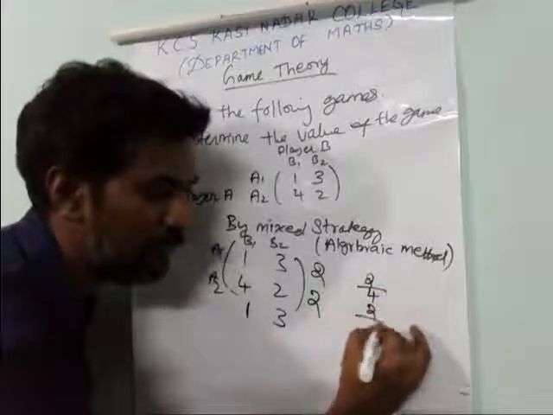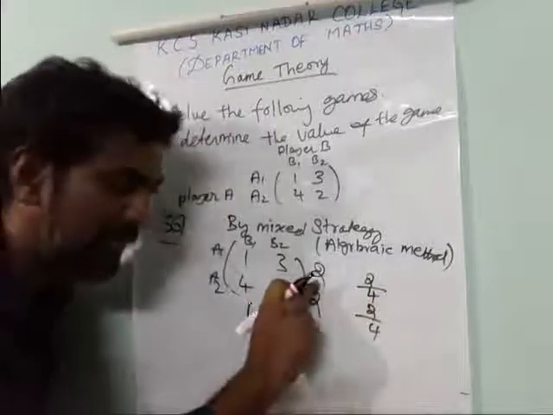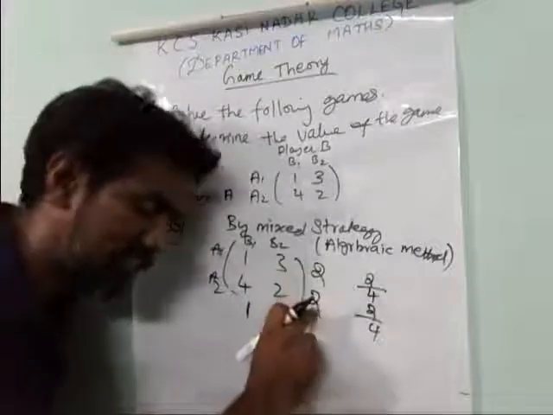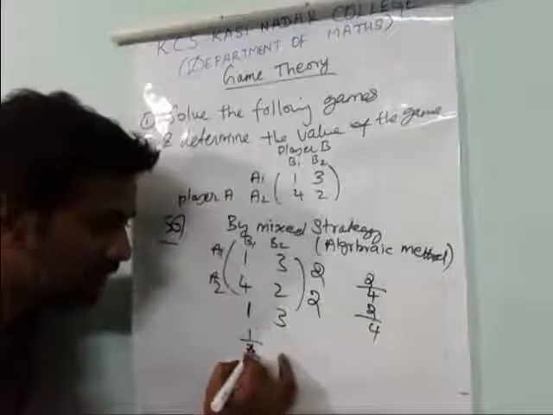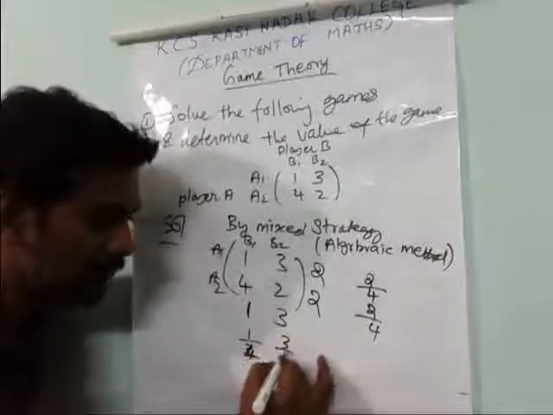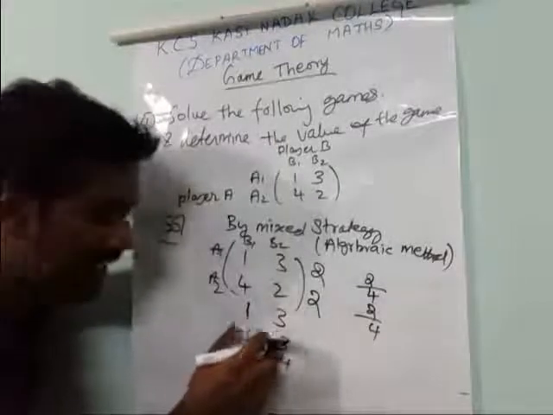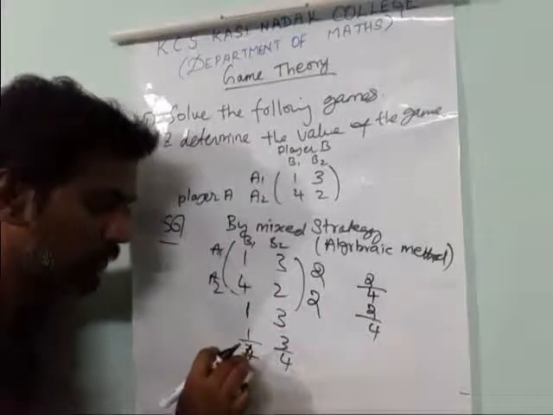Again you write 4 divided by 4. This is okay, no? This number divided by the total 4. Again you write this number divided by 4. Likewise, 1 by 4, 1 by 4, this is 3 by 4. Okay, write as it is: the number divided by the total. Total is 4, divided by 4.